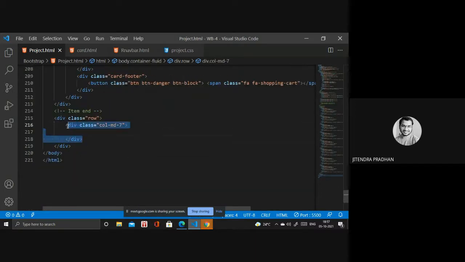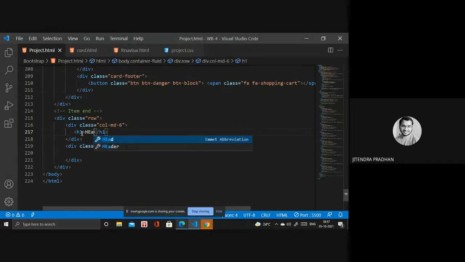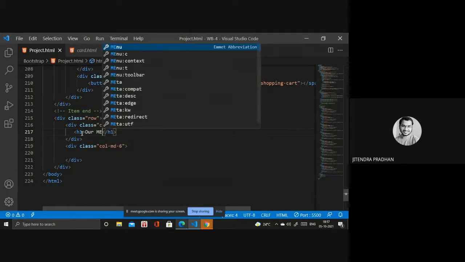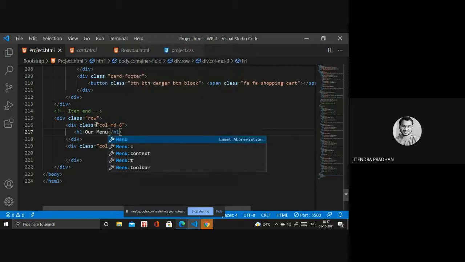Two parts. Sorry, you write 6, because the whole row is divided into 12 columns, right? So 6 plus 6 is 12, so we divide that part at 6 and 6. Then we need an h1 heading, like you write our menu, okay.